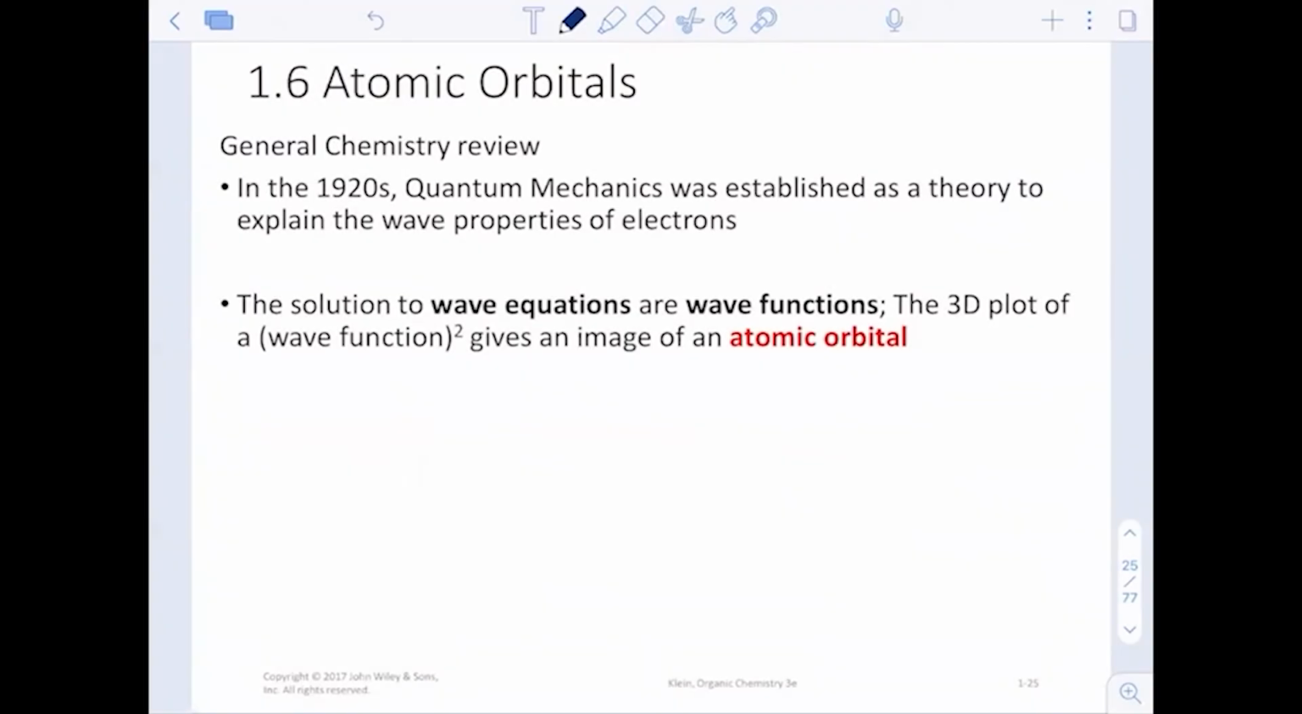With atomic orbitals, what we want to remember from general chemistry is that quantum mechanics was established as a theory to explain the wave properties of electrons. If you remember Schrodinger's cat, which we'll tell the story of in class, it was a thought experiment to identify the idea of wave-particle duality. And so the wave function is a plot of the probability of where we could find an electron in the